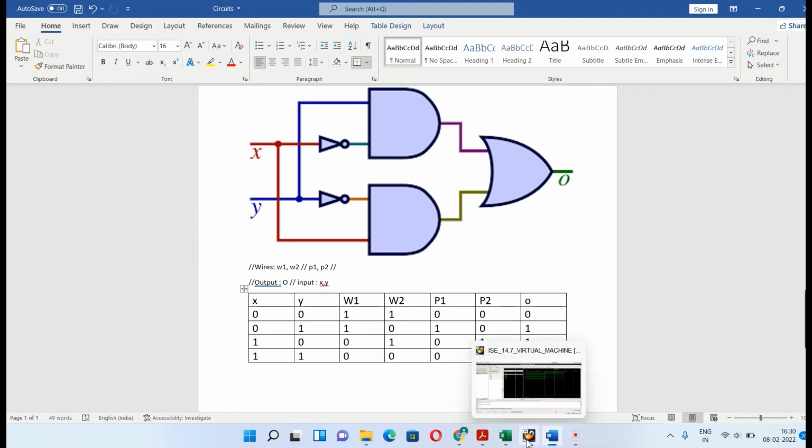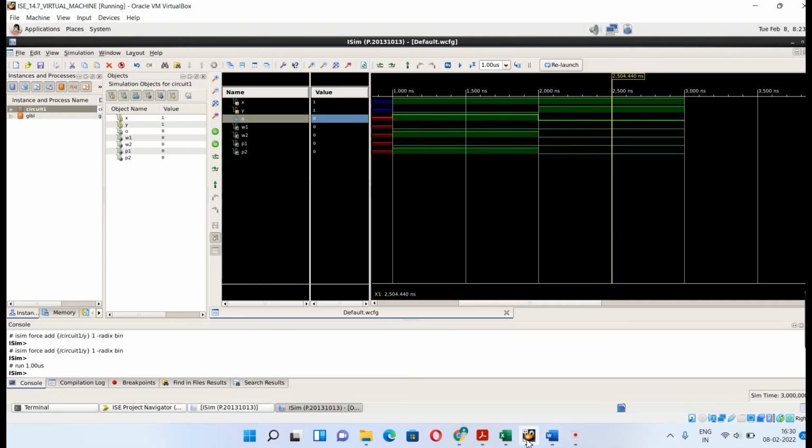The same thing you can do by using a test bench also. In the previous tutorial you can see how, for the two inputs, you can give four combinations of inputs. In a similar way you can create the test bench for this code as well. That is your exercise, and you can try it and let me know how you get the output, results and waveforms. In the next tutorial we will come with some more complex circuits.